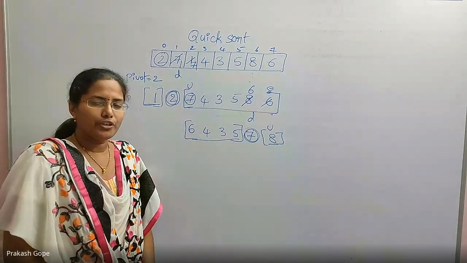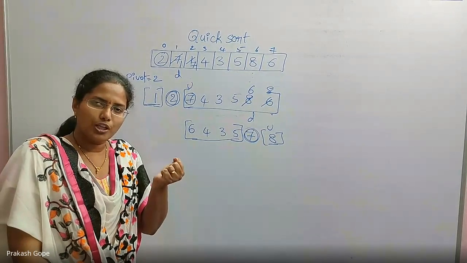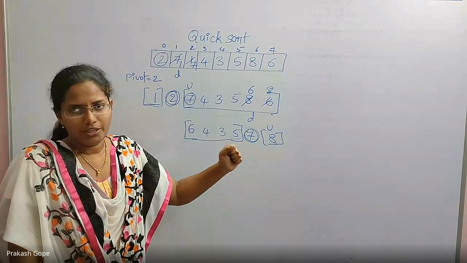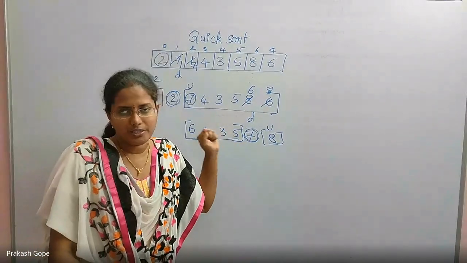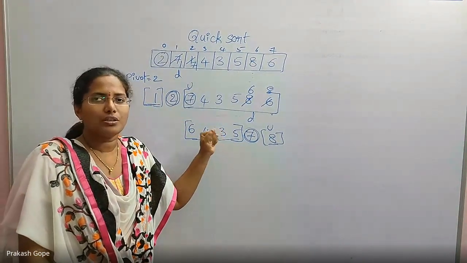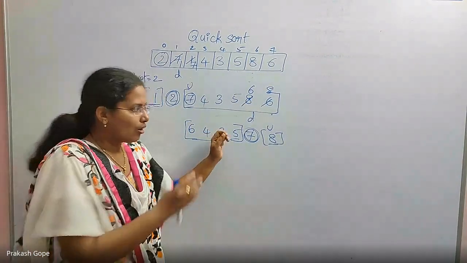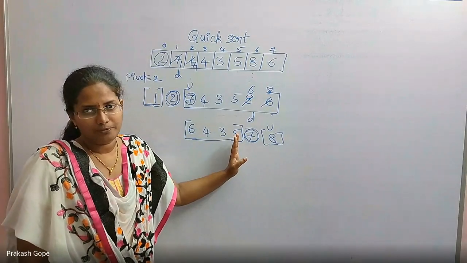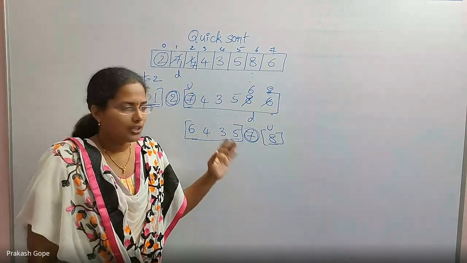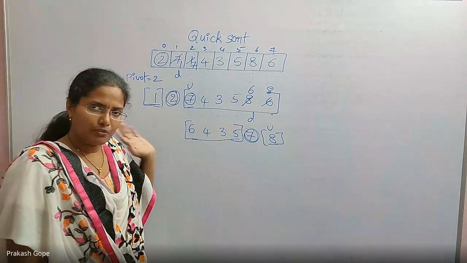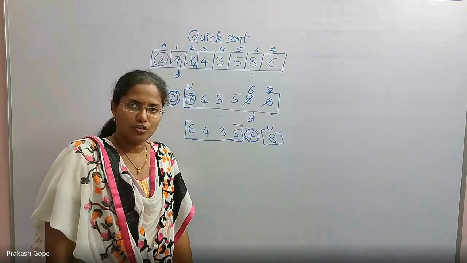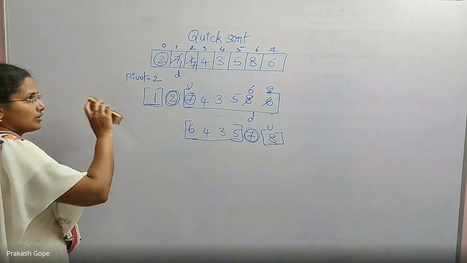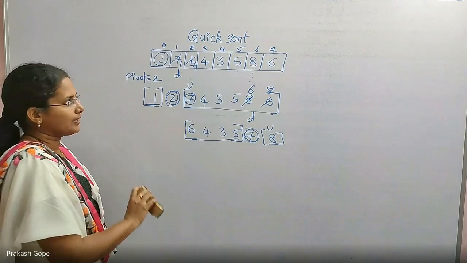So in quick sort, what we are doing is we are picking up one element as a pivot element. Indirectly, we are comparing with each and every element of the remaining array and finding a place for the pivot element. Once you keep that, all the elements on the left hand side are smaller than that, all the elements on the right hand side are greater than that pivot, which means pivot is in its right place. Now you should apply quick sort on the first part also and second part also. That's all. So this is the algorithm.